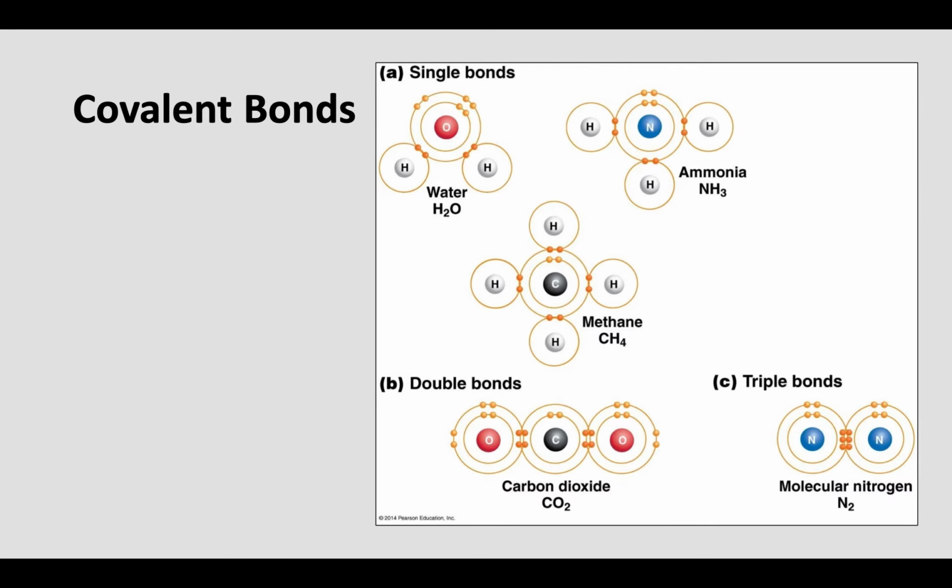There's many different types of covalent bonds here. I put this image up here just to show you that they can be a single covalent bond. In terms of water, ammonia, and methane here, they're sharing one pair of electrons in each of these bonds. They could also be double bonds where you're sharing two pairs of electrons. And in rare cases, though it does occur, you can get triple bonds, such as nitrogen. When nitrogen bonds to each other, it creates a triple bond. So they're sharing three pairs of electrons here.